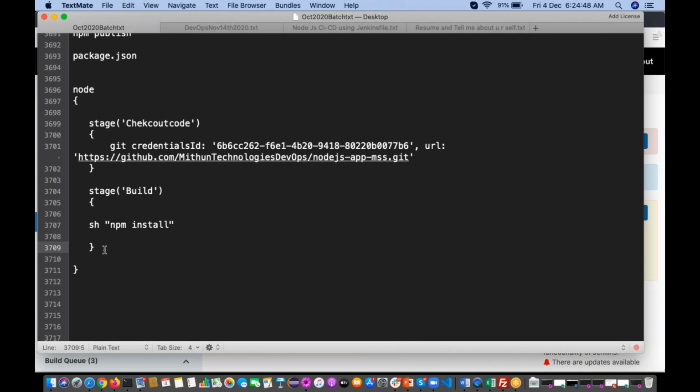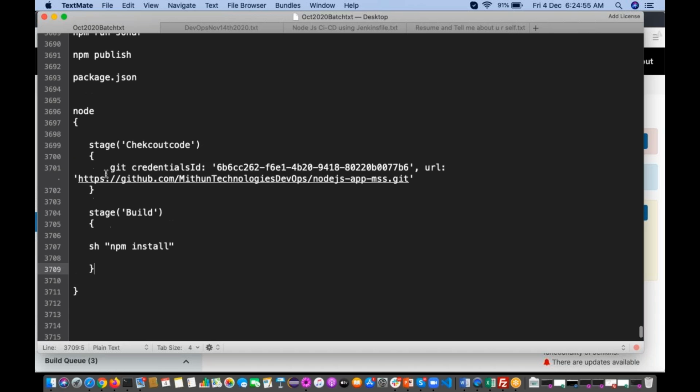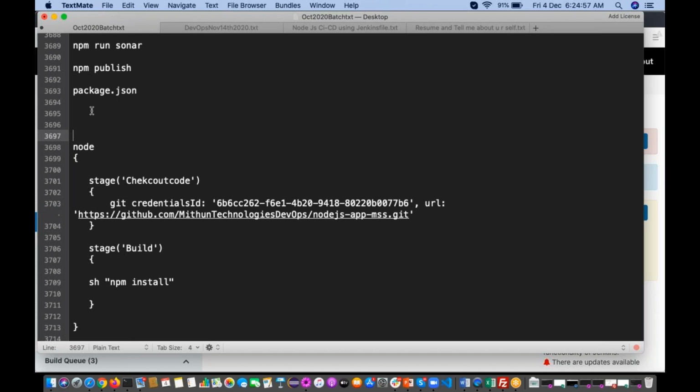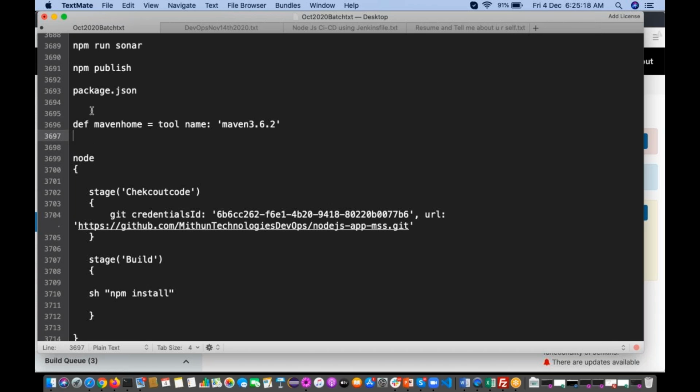Instead of this, if it is Maven, we first created one variable called def mavenHome equals tool name colon, whatever name we have configured, Maven 3.6.2, in the global tool configuration. Did you remember?